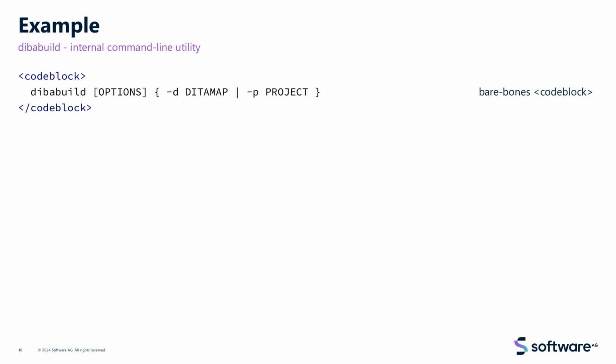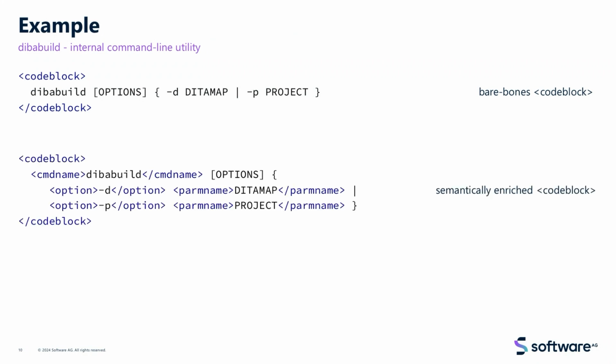So that simple command just has some options, and you make a choice between a DITA map and some form of special project files. And that is what you get when you use a bare-bones code block, of course. It's readable, but it doesn't make a difference to the reader. It's just a line of code. And I also spread a lot of white space across the page to make it a bit more readable. That, of course, you can at least enhance a little bit and put some